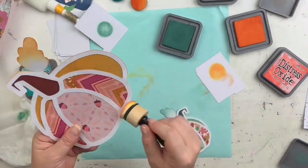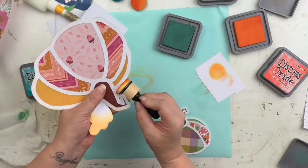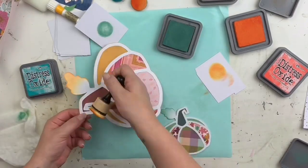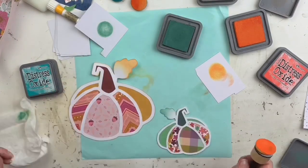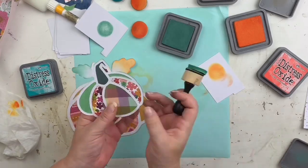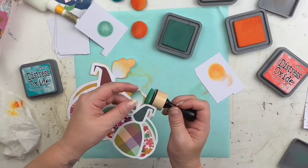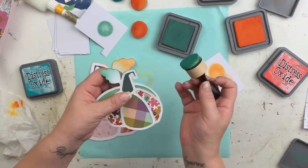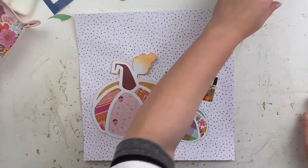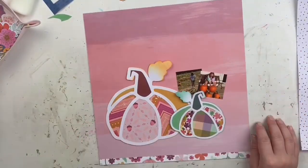At this point, I still hadn't really decided what I was going to add to it, even though I knew I was going to add some mixed media. After edging my little pumpkins, I am going to hand stitch all the white lines of the pumpkin. It took a little bit of time, but it's totally worth it. They look so cute, and I love the patterns in this collection. I remember struggling while I was inking those little itty bitty areas. At this point, I did struggle a little bit with